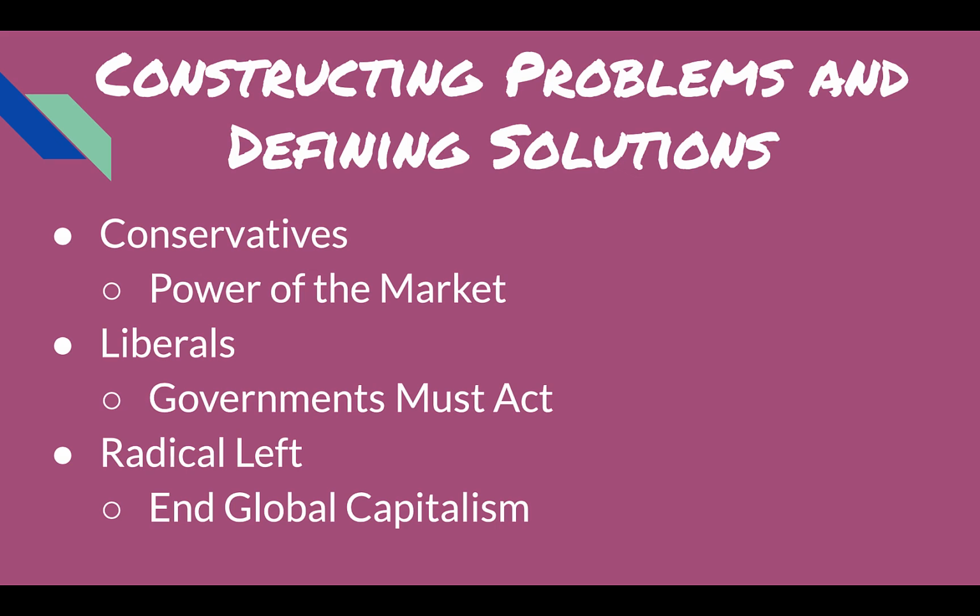Okay, so how do different political viewpoints in our country understand or look at this issue? So conservatives always say, look to the power of the market. On average, the world's people live longer and healthier lives than those of their ancestors several centuries ago. Still, about 1 billion of the world's people remain poor, though.